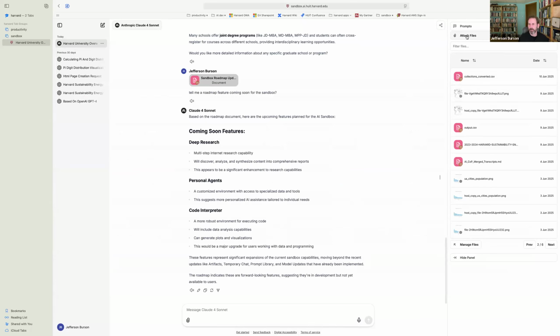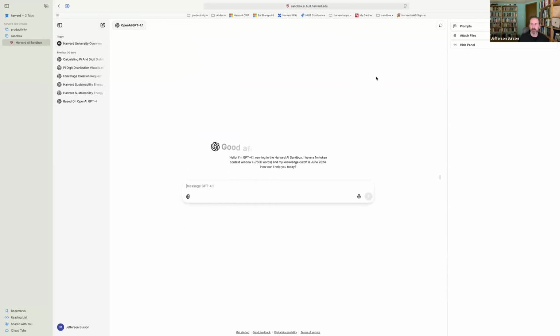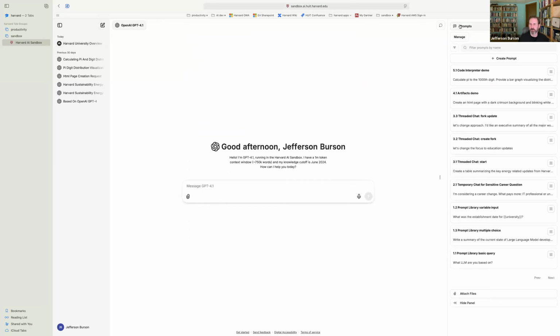Now, the file manager over here on the right is not the only feature in the sandbox. We also have this thing called prompts, or prompt library. What's important about the prompt library is that sometimes when working with these generative AI applications, you have questions that you use over and over again. I'll show you a couple of examples of that. The prompt library allows you to store an old question and reuse it. So just as a simple example,